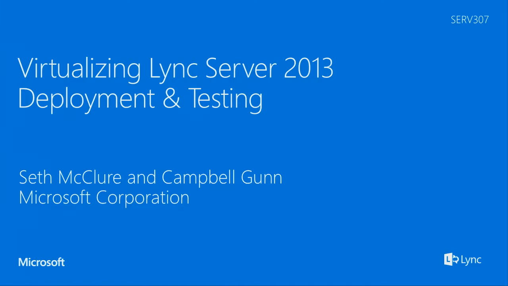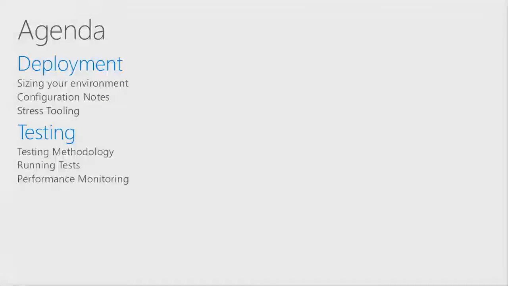So we're going to talk about specifically sizing your environment, kind of what are the scaling units that you should be mindful of for the different roles for Lync, and then also the stress tool itself. We're going to go into some of the configuration notes. This will be a little review from yesterday's session on specifically Hyper-V or hypervisor. And then we're going to go into deploying the stress tool. So we'll talk about the configuration of the stress tool. I'll actually do a small demo of what the tool looks like, and then show you some of the things that we noticed when we were doing our testing in the configuration, things that you might want to take a